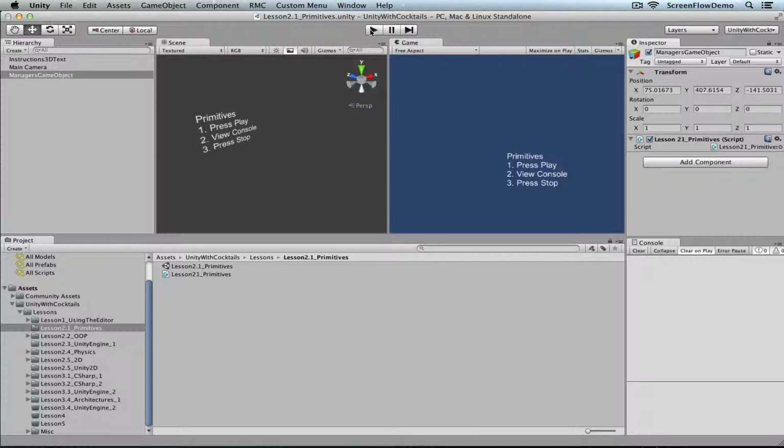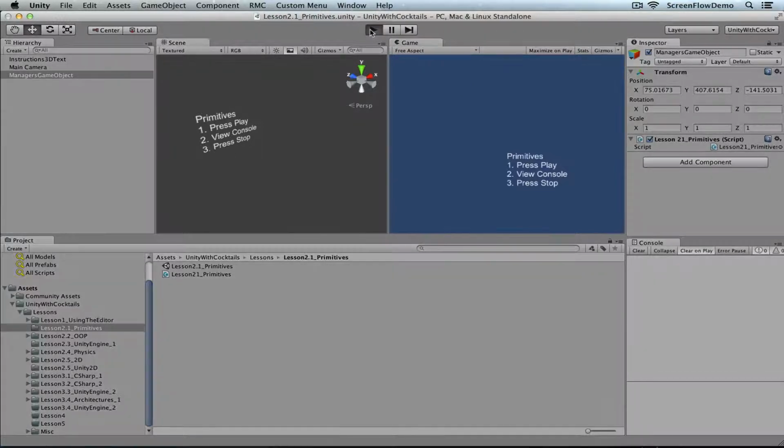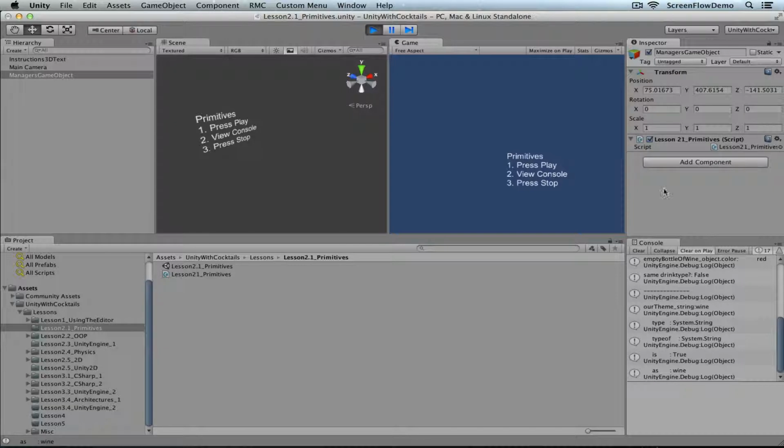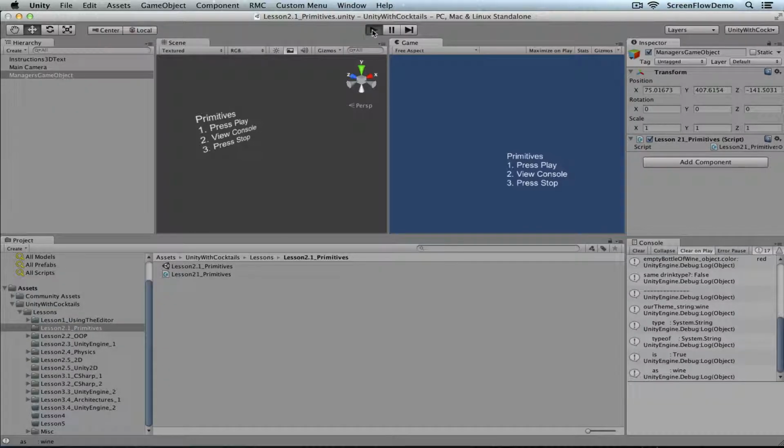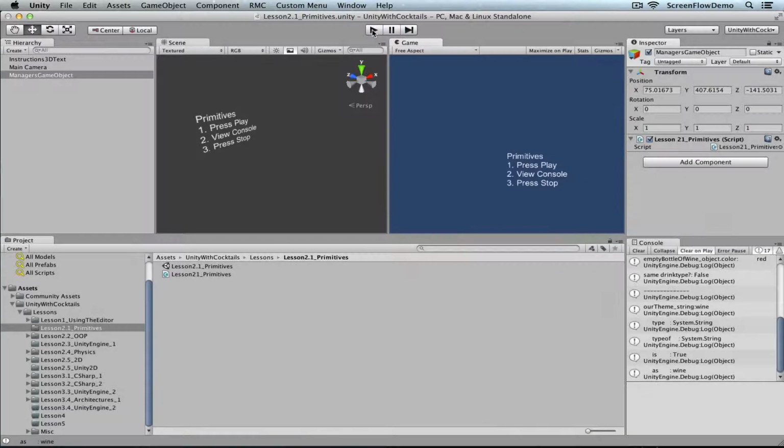Now, let's go ahead and just run, and we see in the console window has output, which is some simple output that we'll go through step by step, and then I'll stop the video. And that's what the steps in the scene view say: 1, press play; 2, view console; 3, press stop. Stop in this case, I'm just clicking the play button again. Here I'll click it on, and then here I click it off. You can see the screen went dark for a bit, and then it comes back